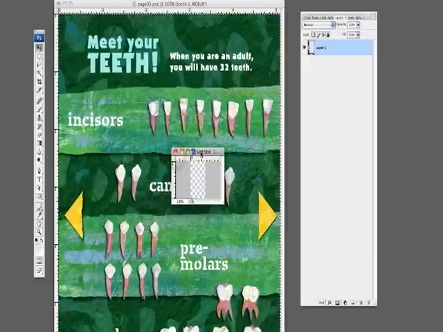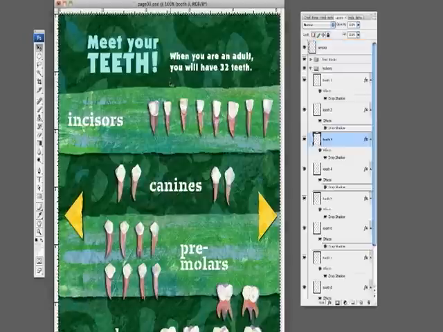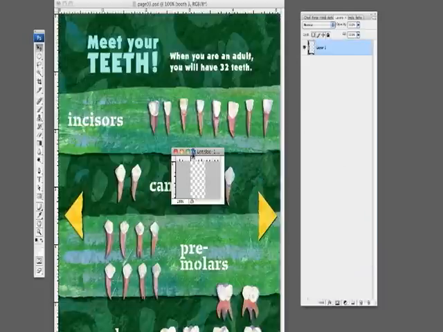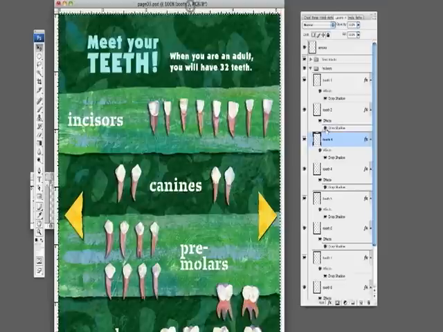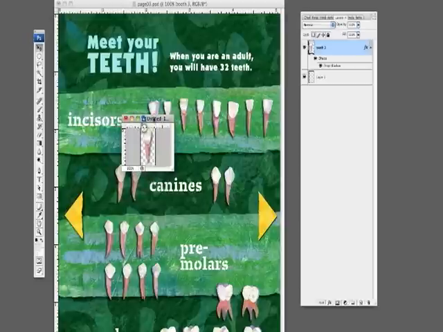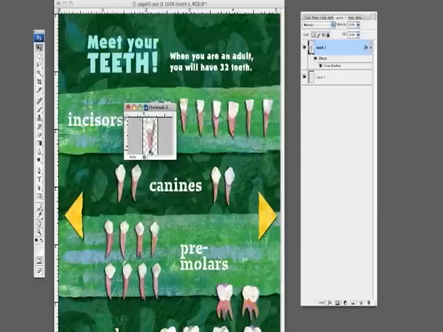So I'm going to paste tooth number 3 onto this canvas. But unfortunately, it does not show the drop shadow. It did not translate that effect. So I'm going to undo that, go back here, and I'm going to try dragging it into that space instead. So when I drag it to the other document, it actually brings the drop shadow. It's a little more time consuming, but it's effective. So now I have a tooth with a soft drop shadow on a transparent background, and I say File, Save